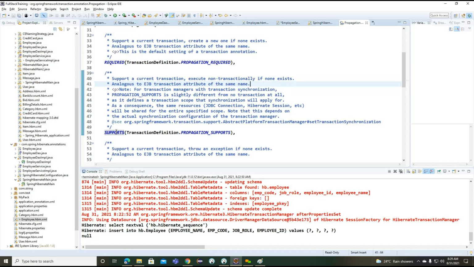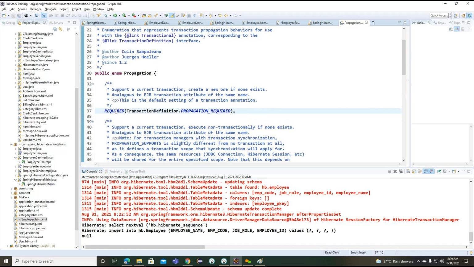Getting the point? Whenever we use supports, it will work for the transaction-related information. If the transaction is not available, it will not throw any exception, and it works for the non-transactional object. And required.